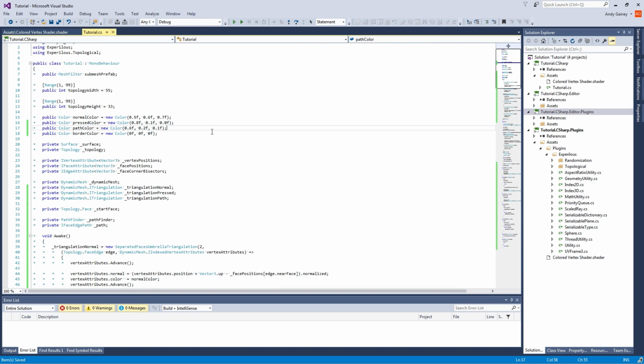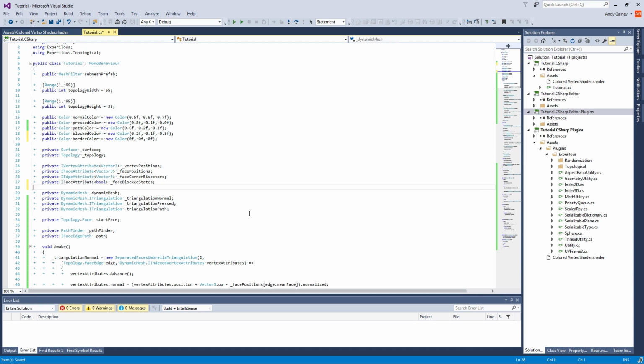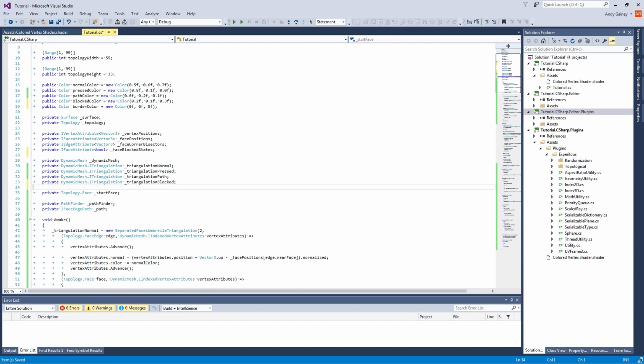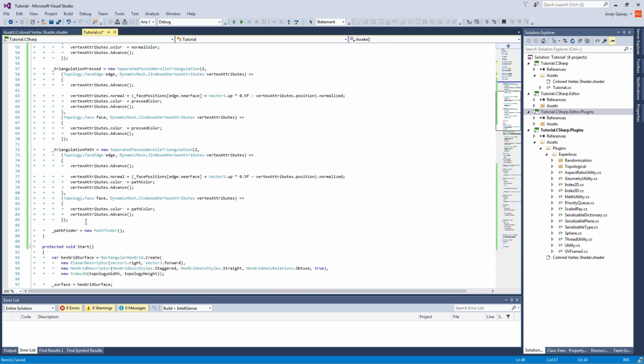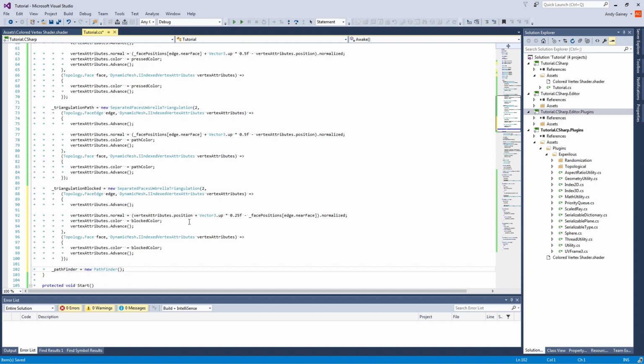As with earlier changes, we'll start by adding a color field for blocked faces. We'll also add a custom Boolean face attribute which will store the block state for each face. We'll need one last triangulation to account for the color and normals of blocked faces. As a small tweak, we'll make the normal deviate from straight up much more significantly so that blocked faces stand